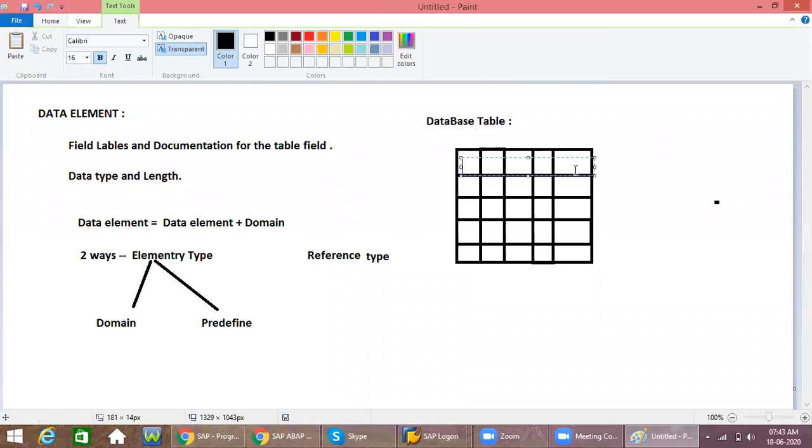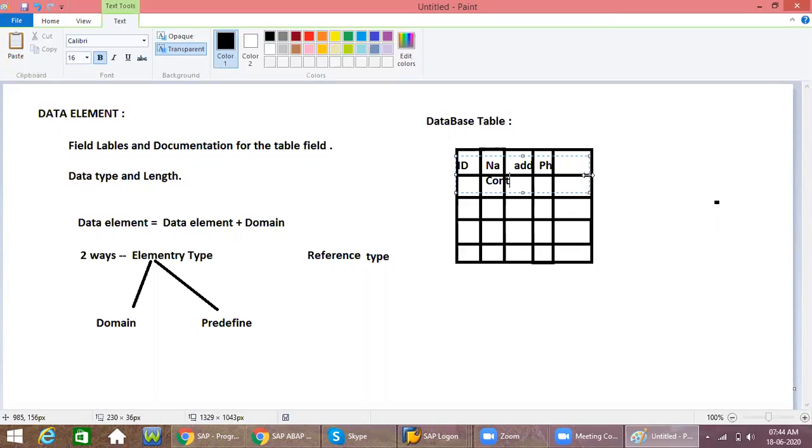Let us assume I am giving here ID, here name, here address field, here a phone number, and here contact details. Generally we have it like this, no?